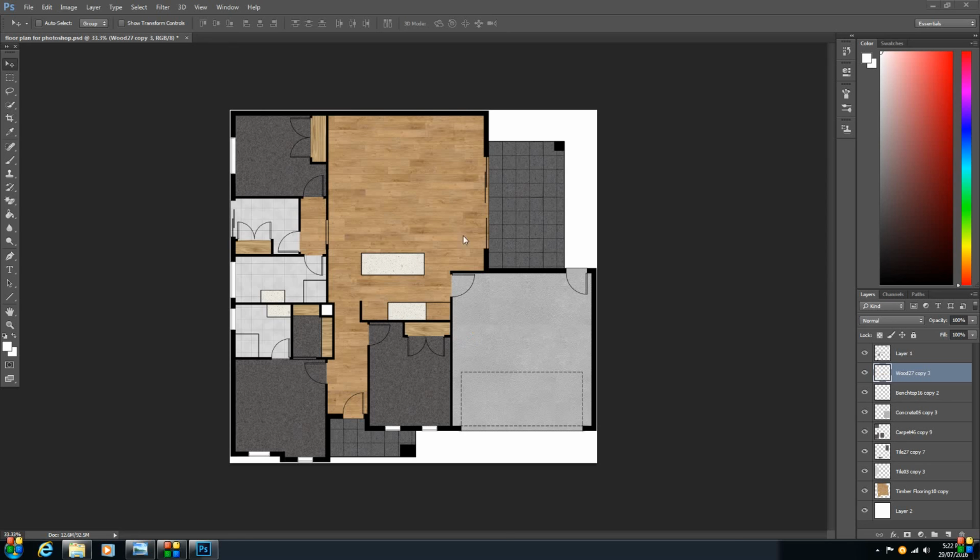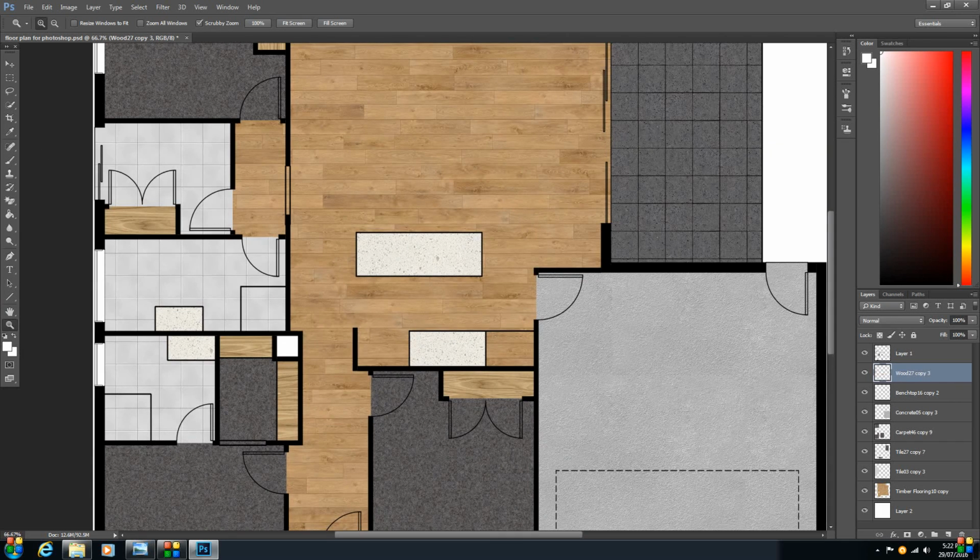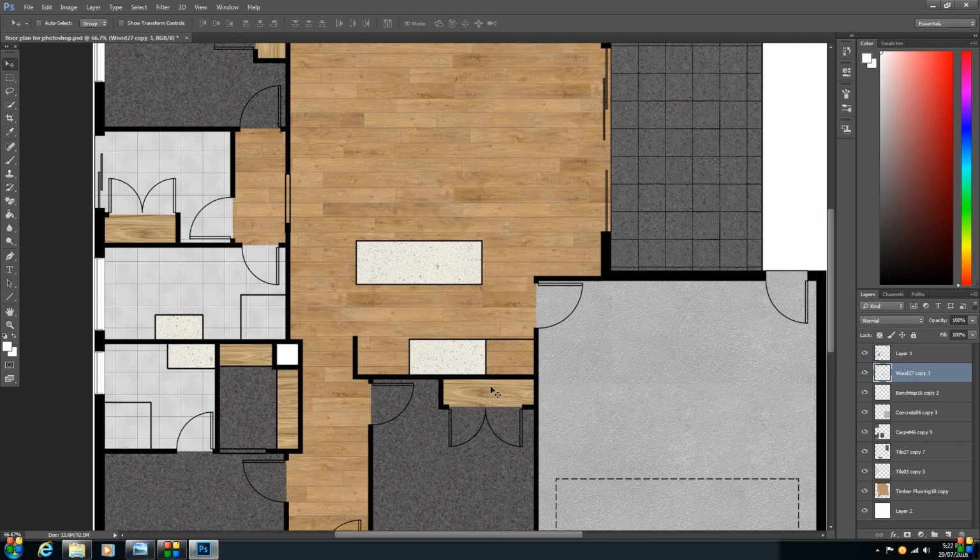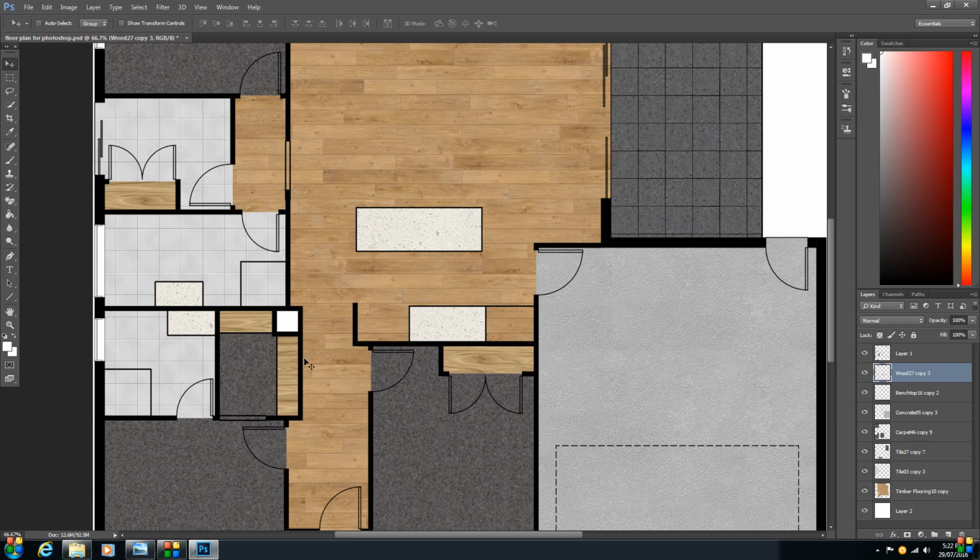Okay, so we've gone ahead and added all the floor coverings to the plan. I've also added in your kitchen bench tops, which are these sections here, and also your bathroom and ensuite, and that type of thing. And also I've added a wood texture to the walk-in robe and also the robe. Now for these particular items, with the textures, I actually like to drop a shadow on these, the bench tops and the robes, just to give a bit of perception of depth,